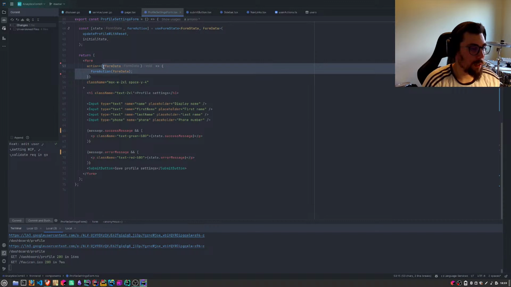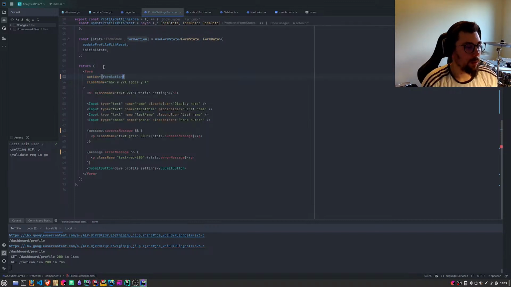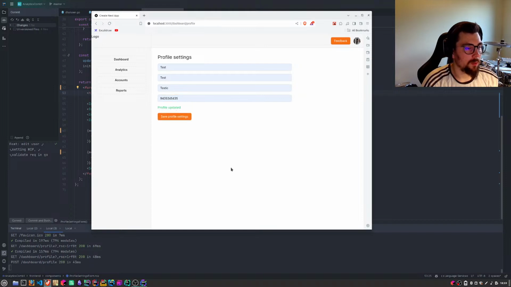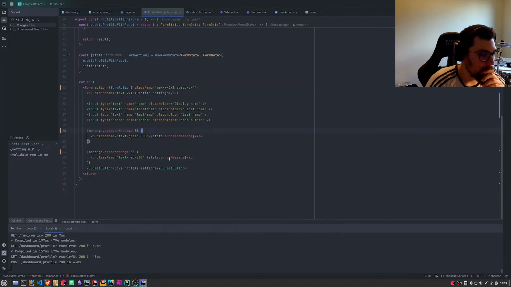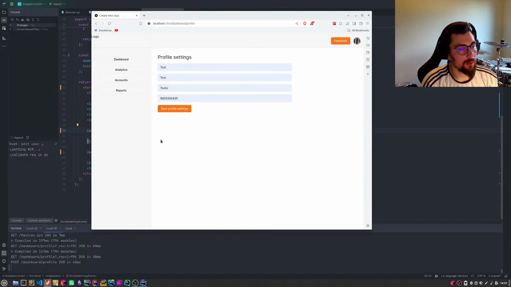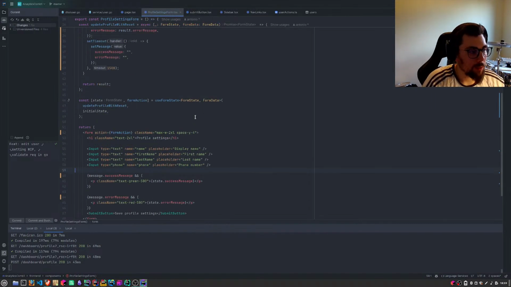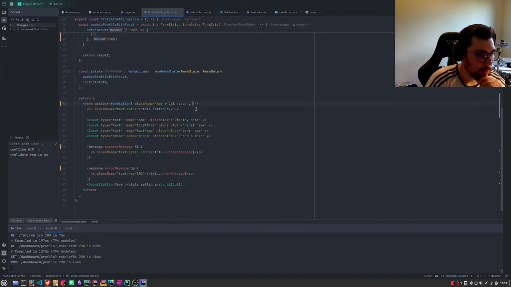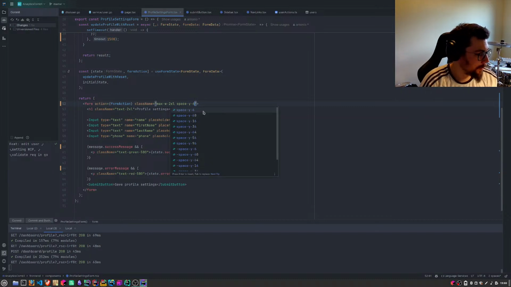So we can just pass here form action. Yeah. So we can do this, we can do this. Save profile. Okay. And now spacing, a bit bigger spacing is what we need. Like 6.